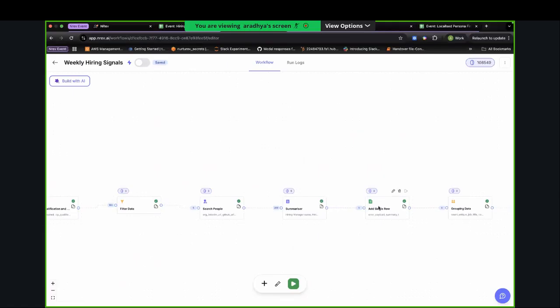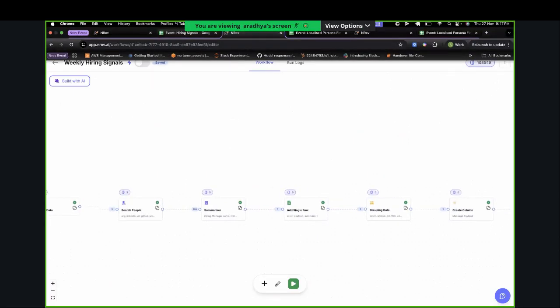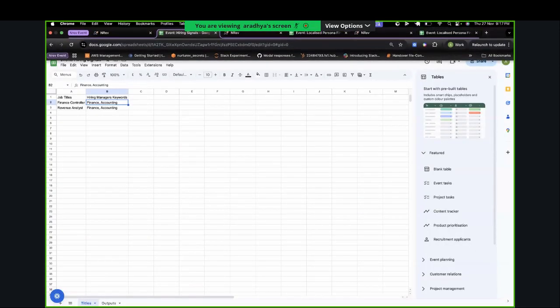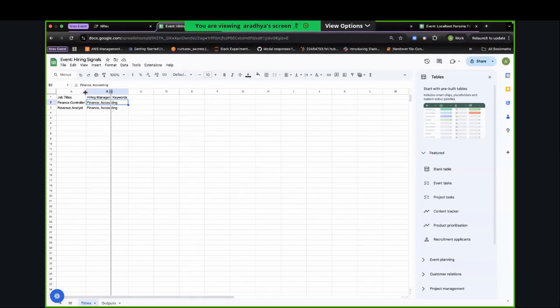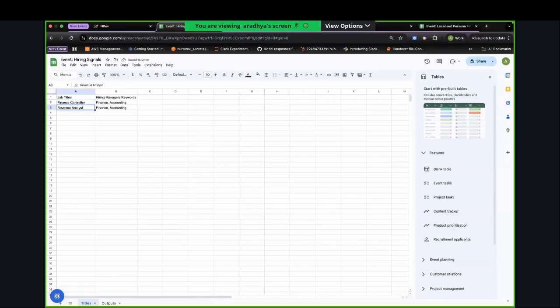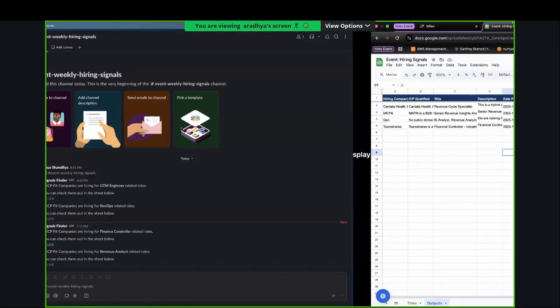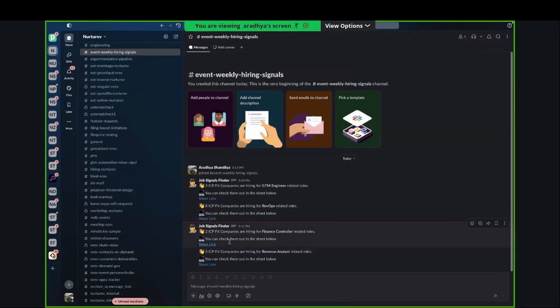So, yeah, just to give you a glimpse of the kind of inputs and outputs we have. By the way, we have configured this for a company, Zenscar, where we are going to look out for these two job titles. I mean, these can be 100 if you want. And we have also configured some basic hiring manager keywords as well. So what it essentially translates to is a very simple Slack notification every week, where you get a simple notification